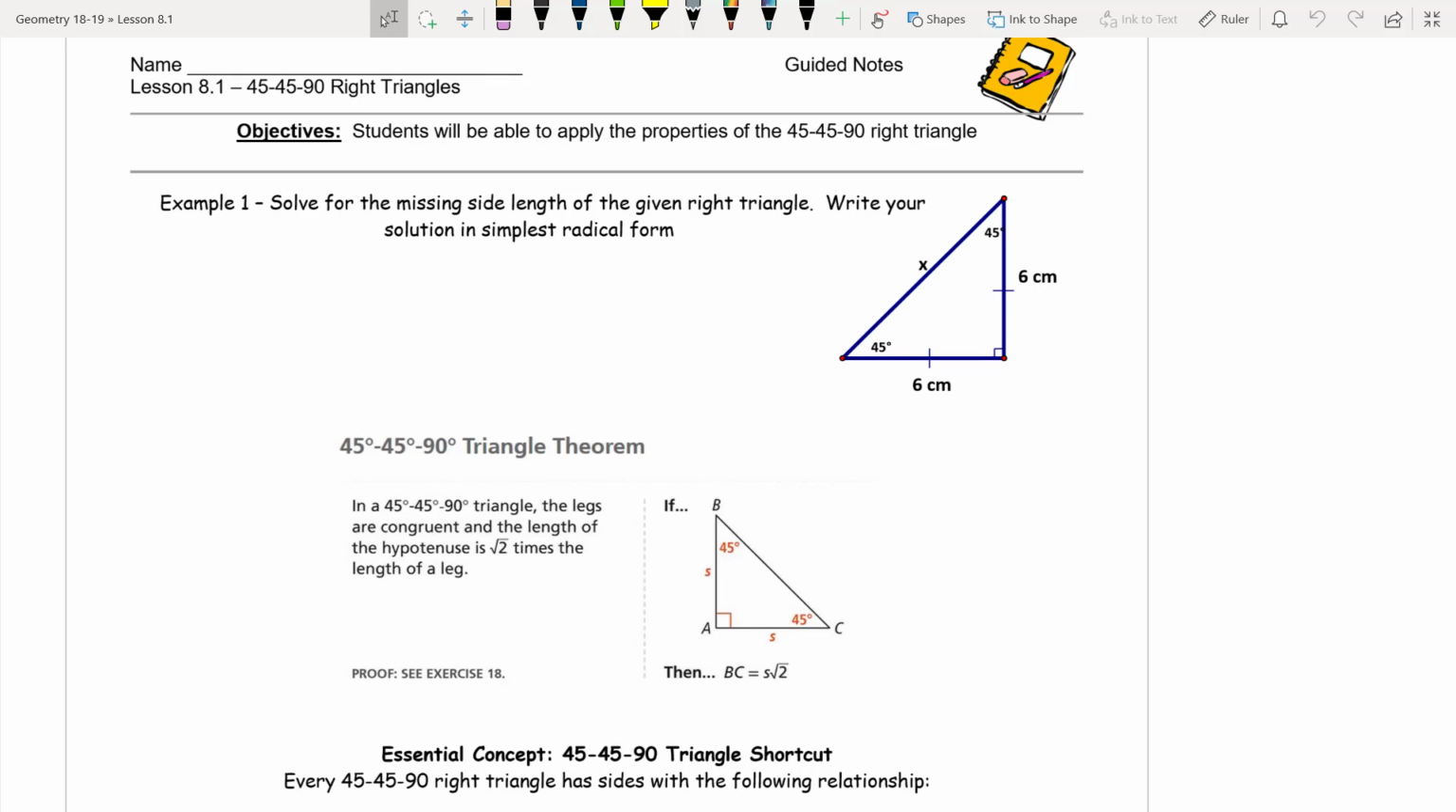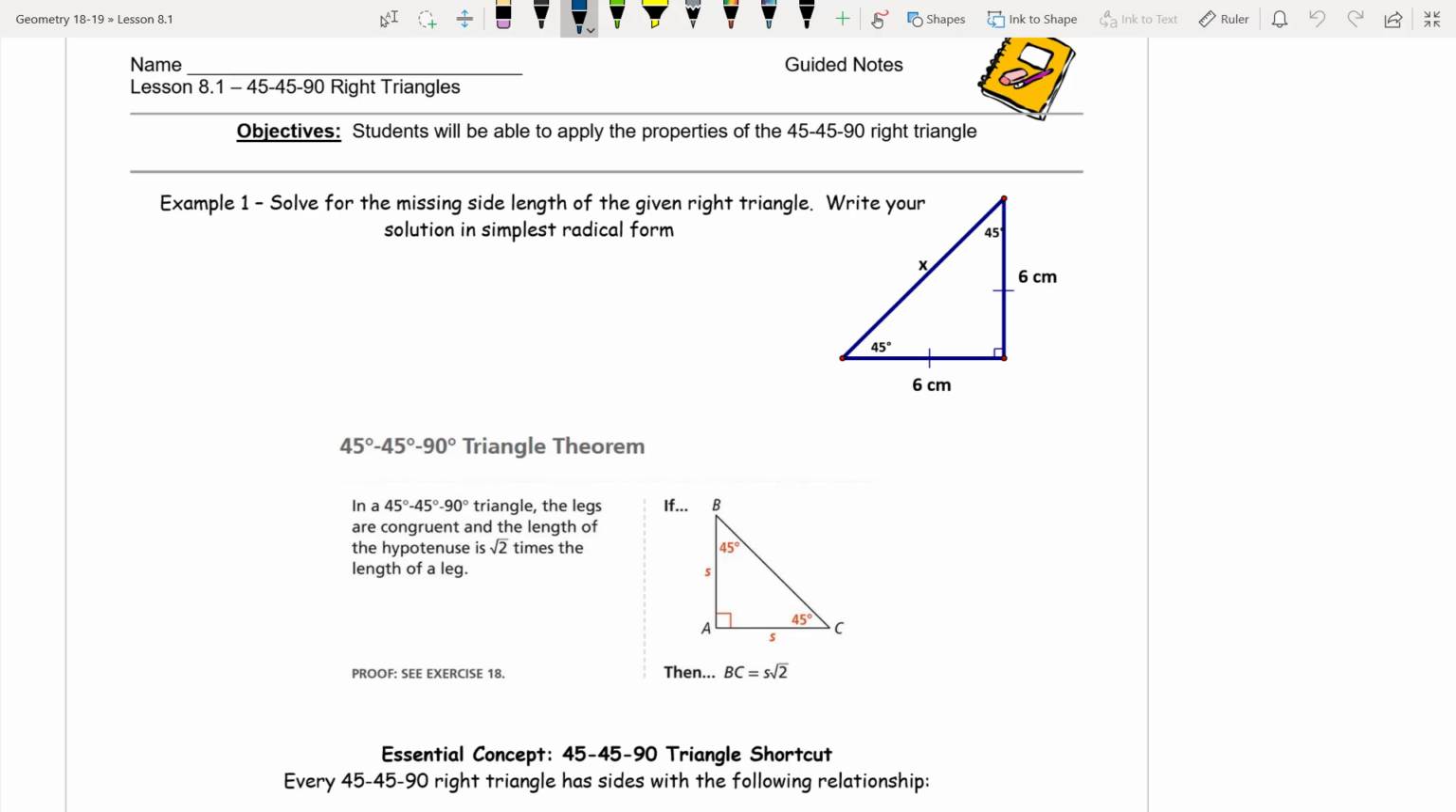There are actually two sets of special right triangles, meaning given specific angle measures, they have different properties, and it actually speeds up the process. So the first one we're going to look at is the 45-45-90 right triangle. If I've got an example here, this is also an isosceles triangle since my two legs are the same